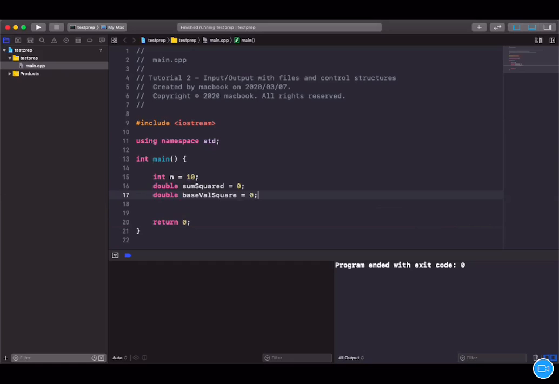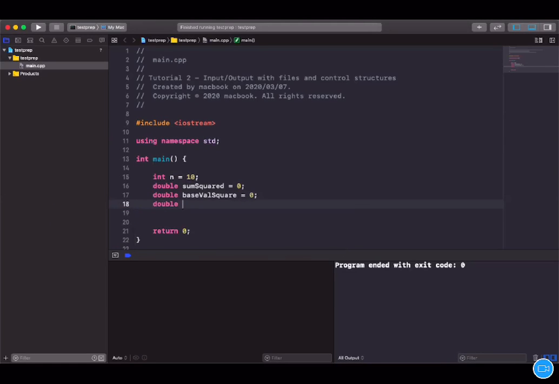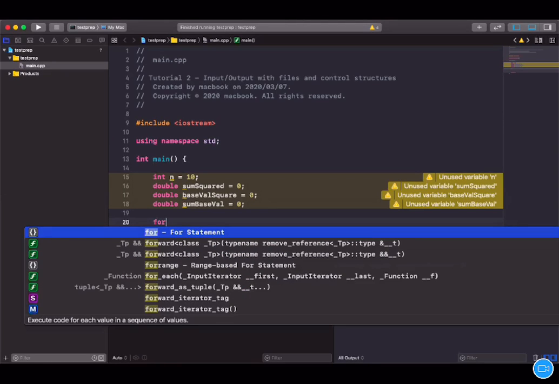Okay, and I'm gonna create another one, and this will be the sum of the base values together. I'm also going to equate it to 0. Cool. Then I'm going to make a for loop,